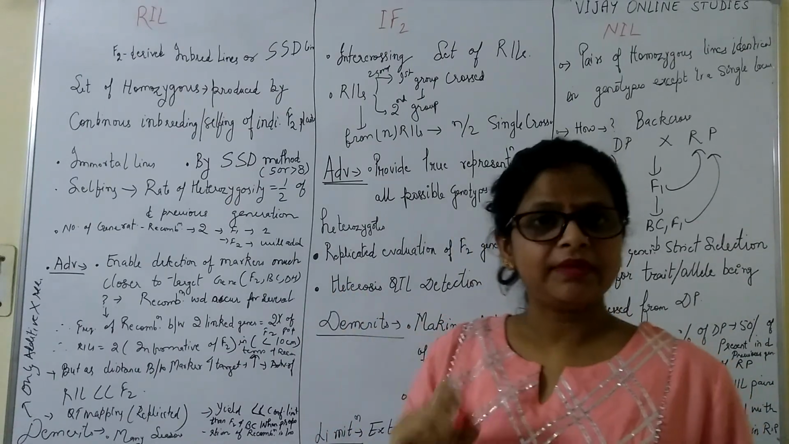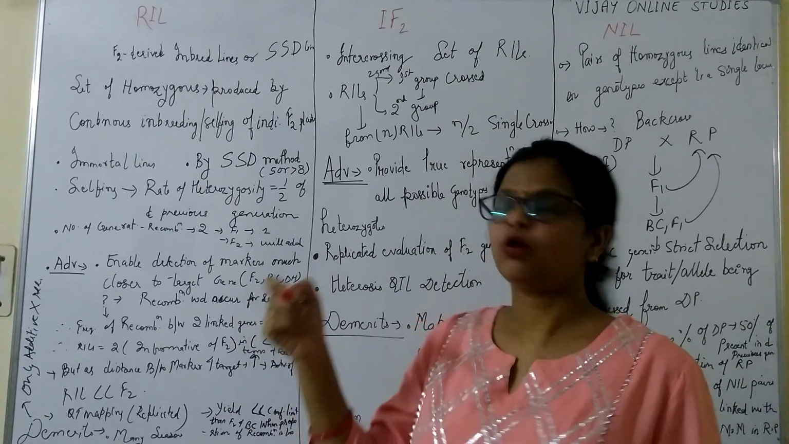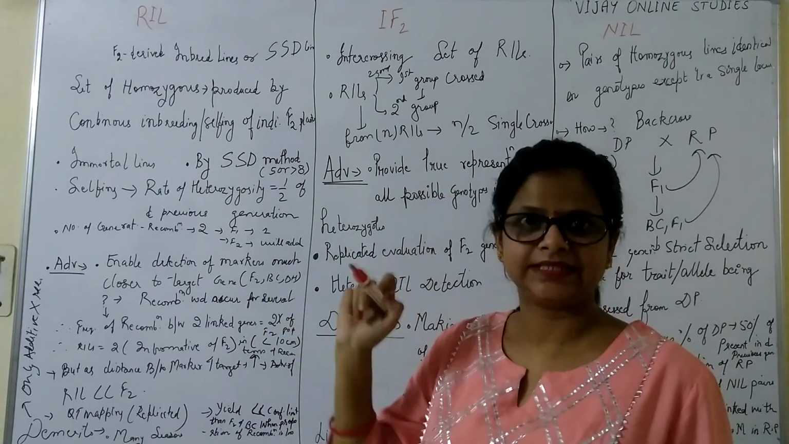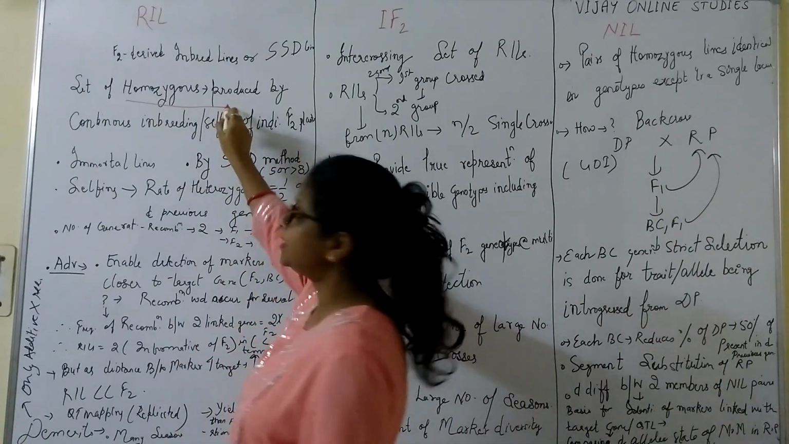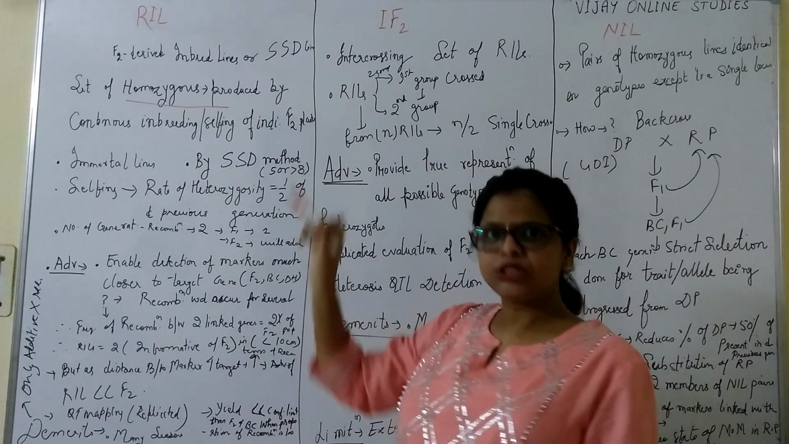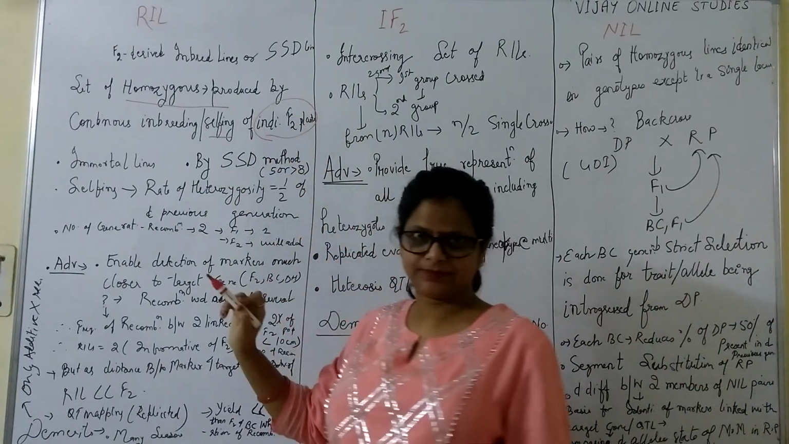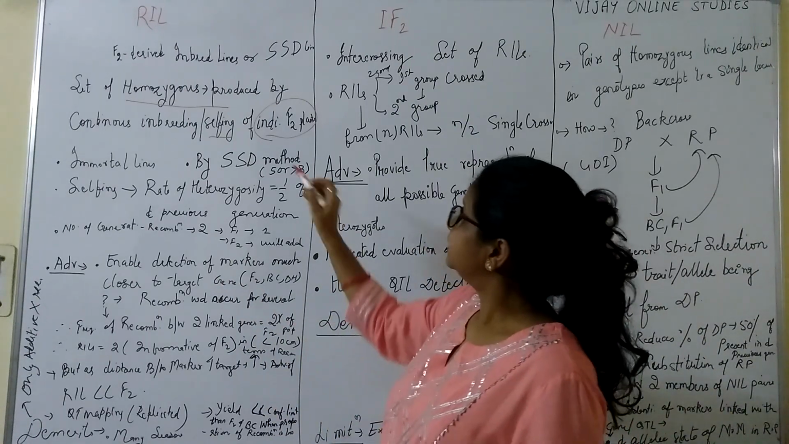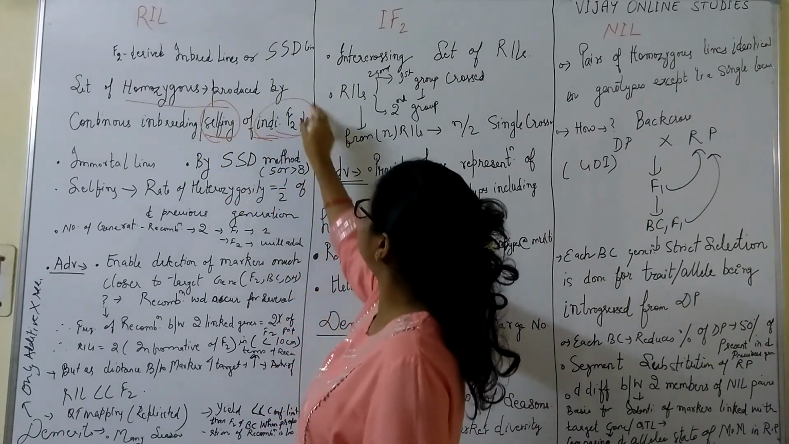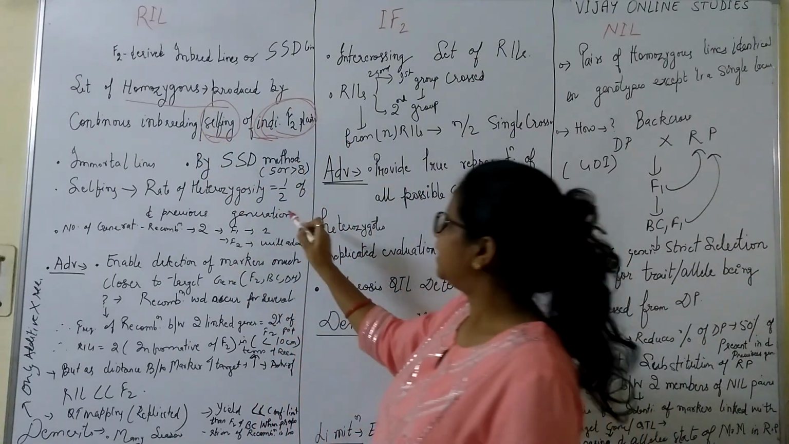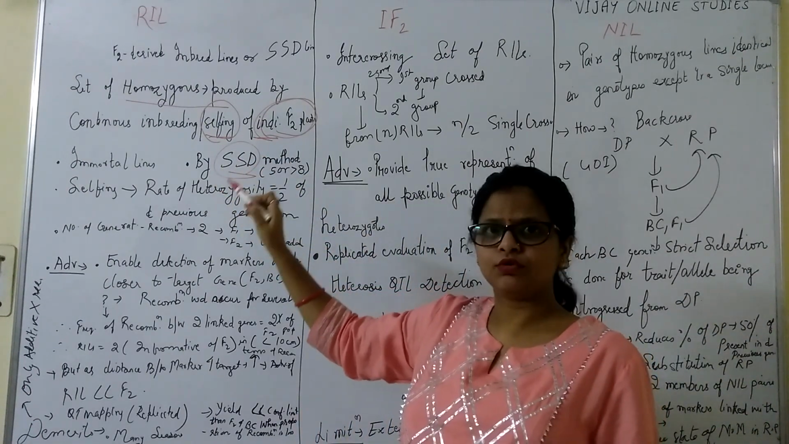RILs are recombinant inbred lines. They are F2 derived inbred lines, also known as SSD, single seed descent lines. They are a set of homozygous lines produced by continuous inbreeding and selfing of individual F2 plants. How do you get these lines? By selfing of individual F2 lines, by the single seed descent method, which you carry out for 5 or more generations, generally